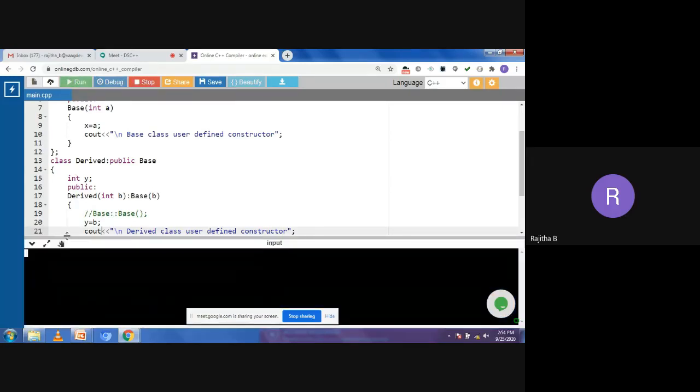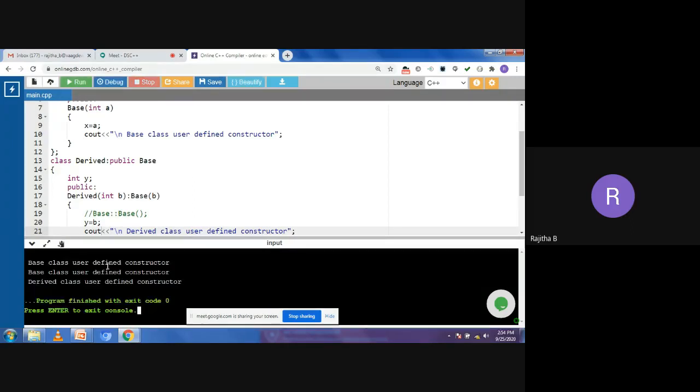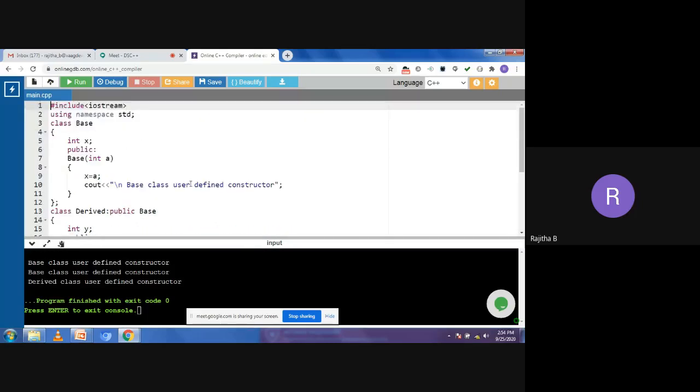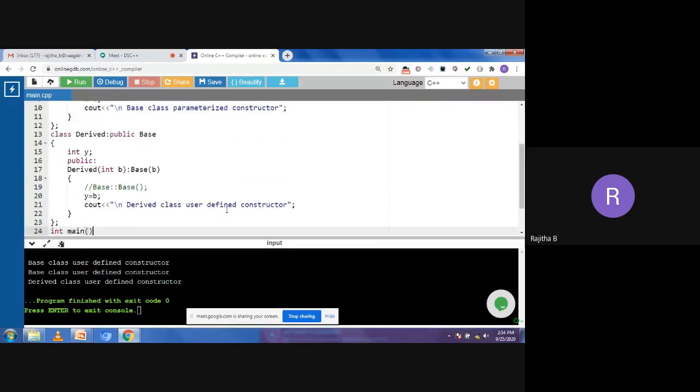Now you can see this output. It says base class user defined constructor, sorry, it is not a user defined constructor, it is now a parameterized constructor. I need to change this one: base class parameterized constructor, and this is the derived class.